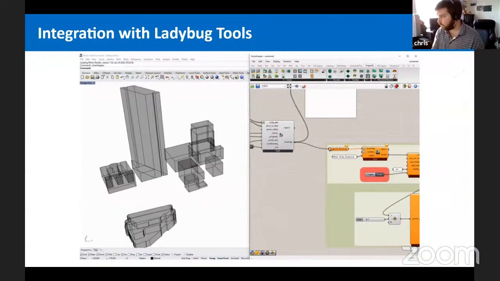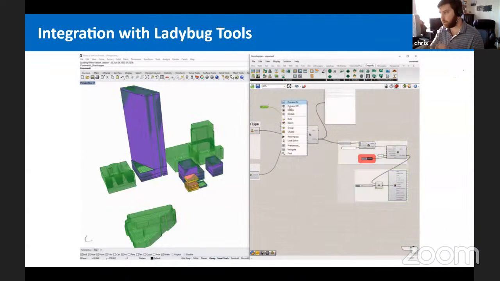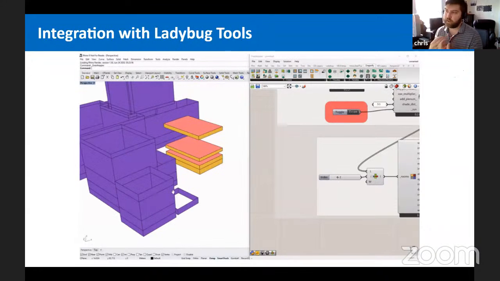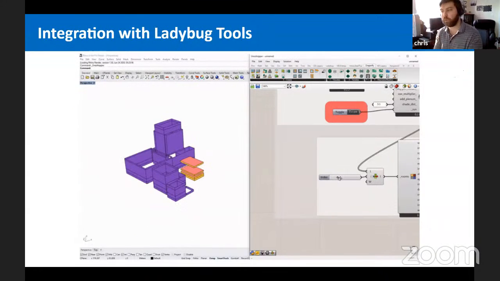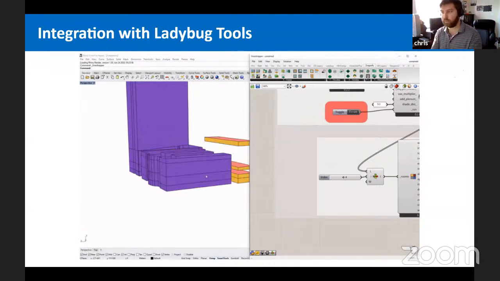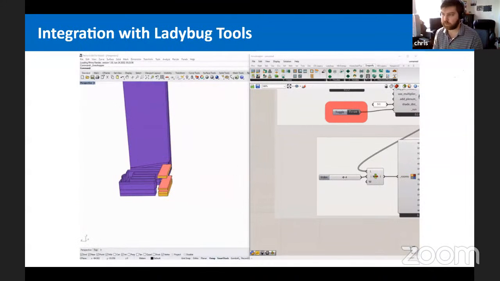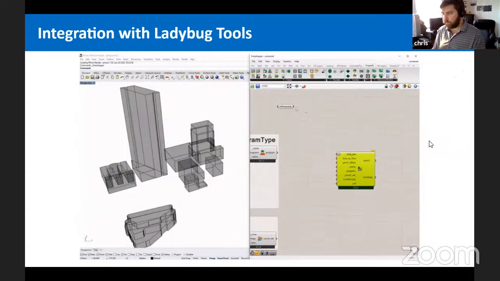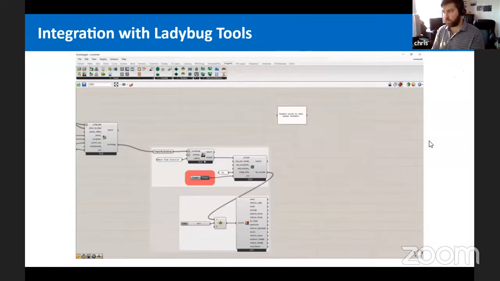Then I can simply take those buildings, convert them, and export them into the 3D format for energy simulation. And you see that the Dragonfly interface is smart enough. It has multipliers built into it. And also you can see it's only exporting those neighboring buildings that are within a certain shade distance radius from the other ones. So that gives a bit of a sense of how that workflow happens.